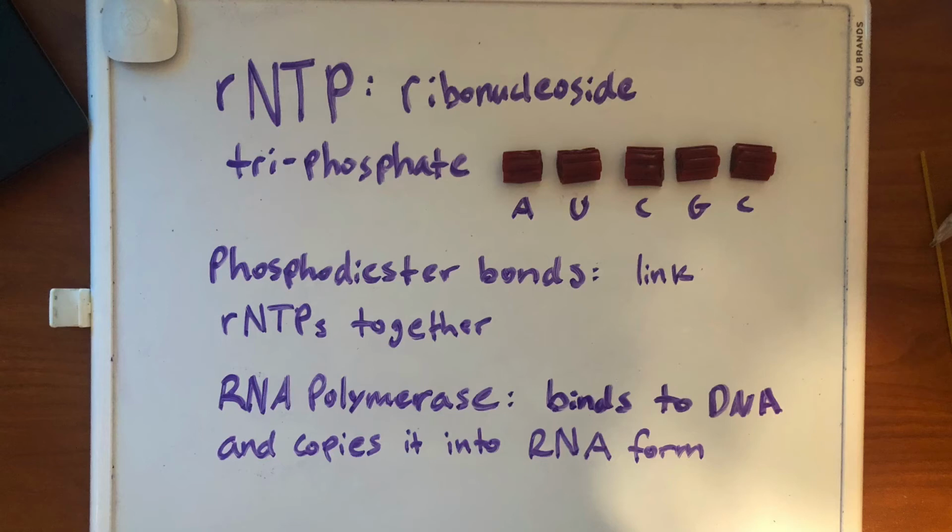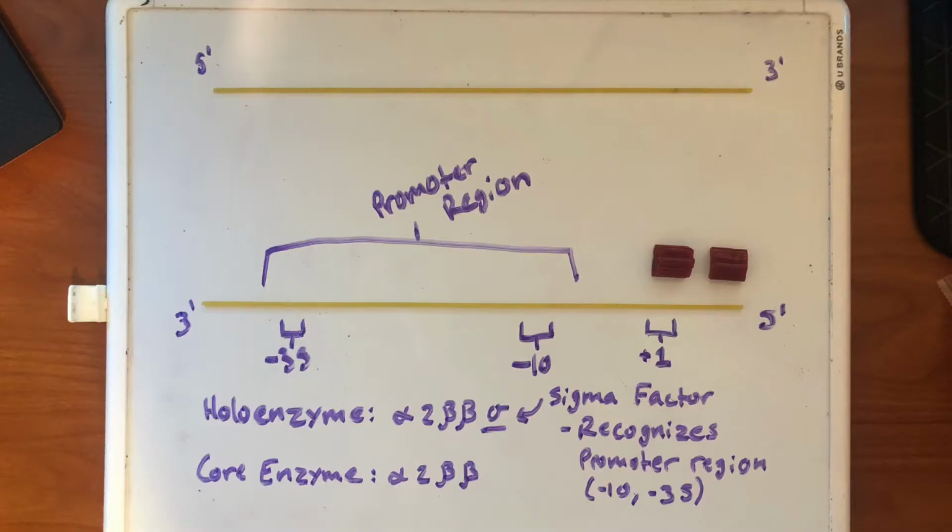So as a background of transcription, RNTPs are the building blocks of transcription, and they will make up the RNA. Phosphodiester bonds will link those RNTPs together, and RNA polymerase is the enzyme that will synthesize that RNA. To start off, RNA polymerase binds to the promoter regions of the -10 and -35 zones on the DNA to